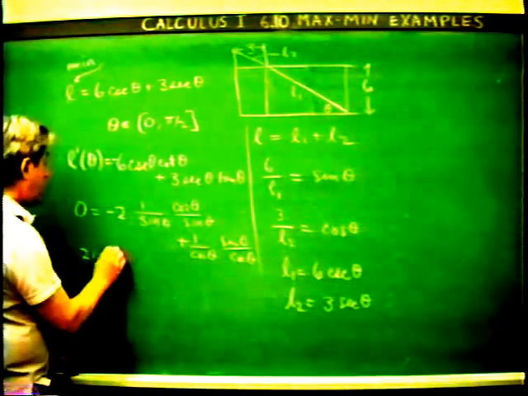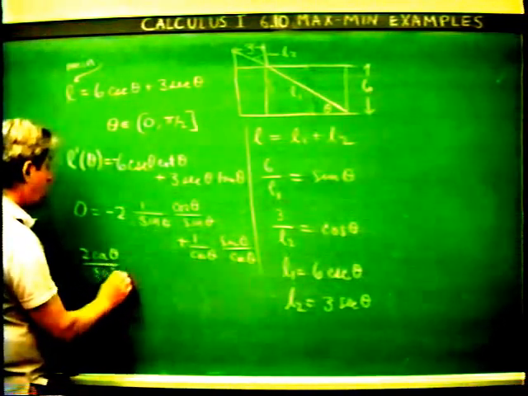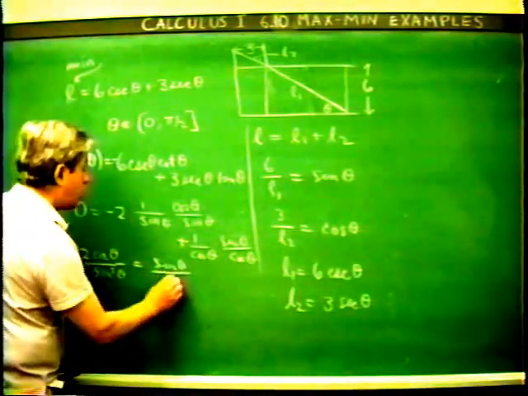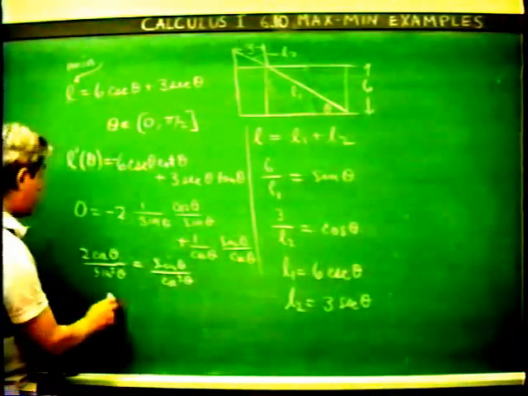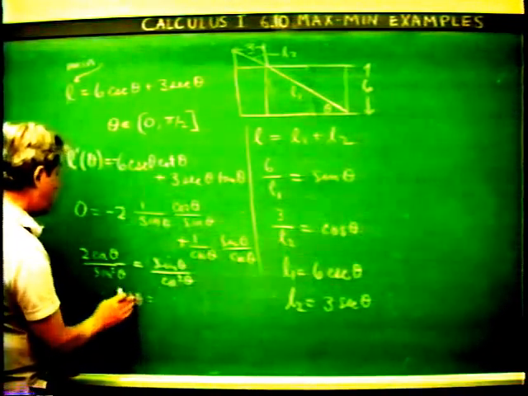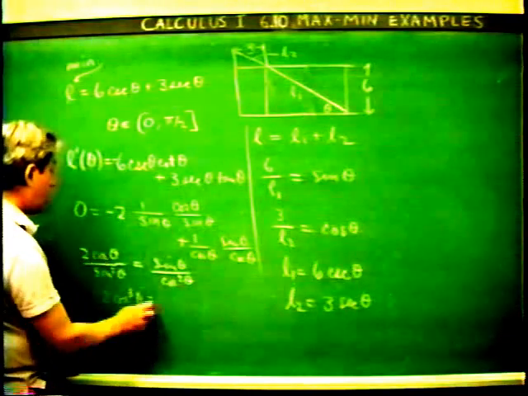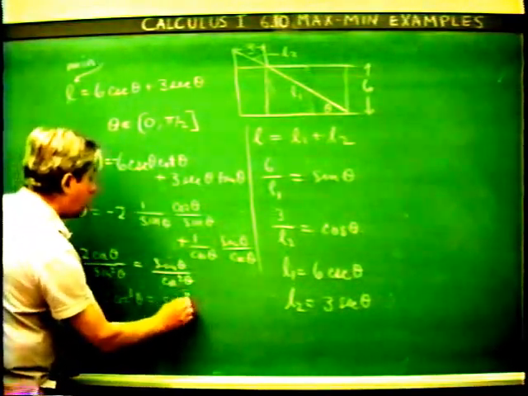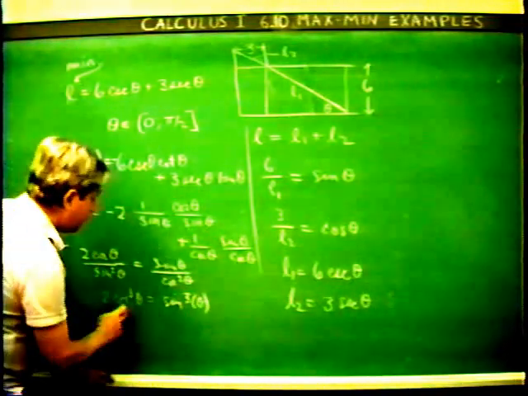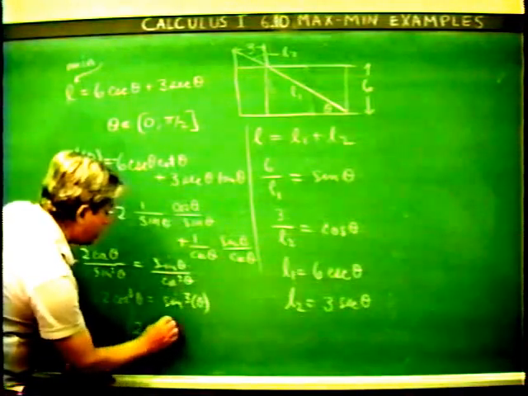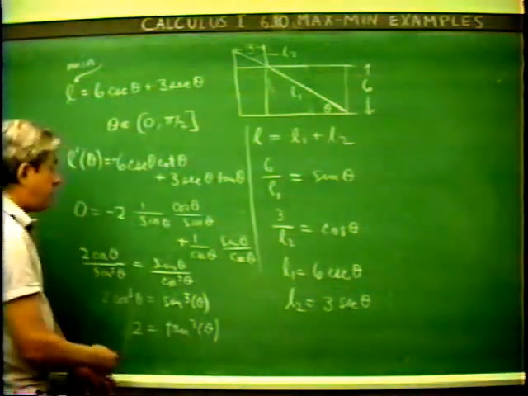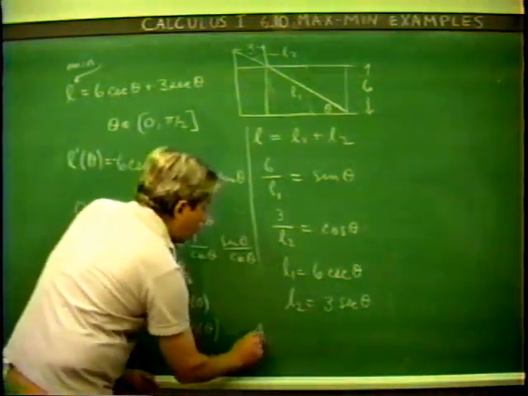So when 0 is this, or when 2 cosine theta over sine squared theta is equal to sine theta over cosine squared theta, or when 2 cosine cubed theta, multiplying by cosine squared, is equal to sine cubed of theta. That's to say, when dividing by cosine cubed here, we get 2 is equal to tangent cubed of theta,